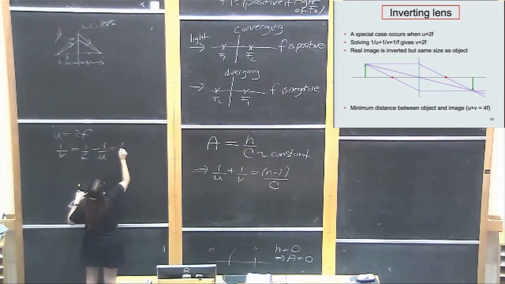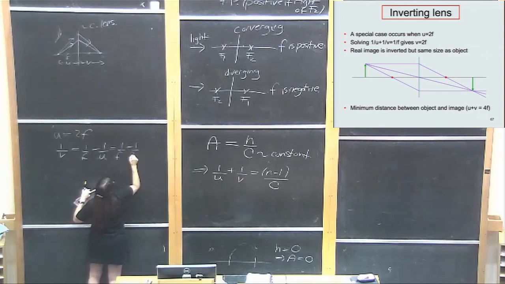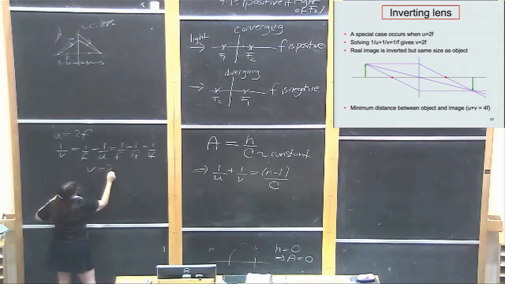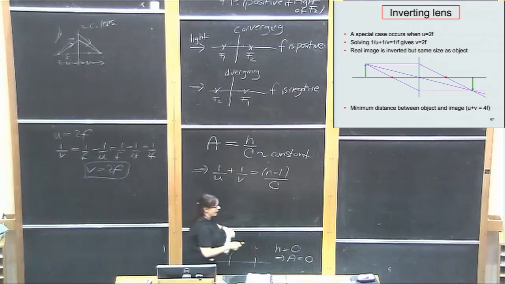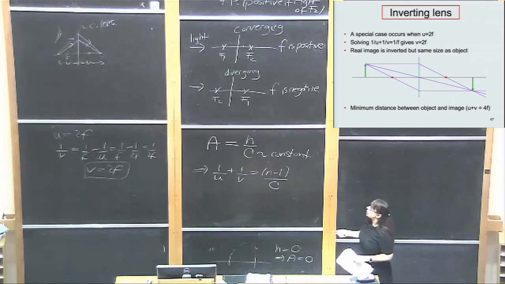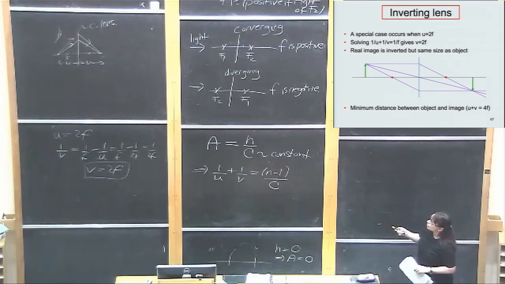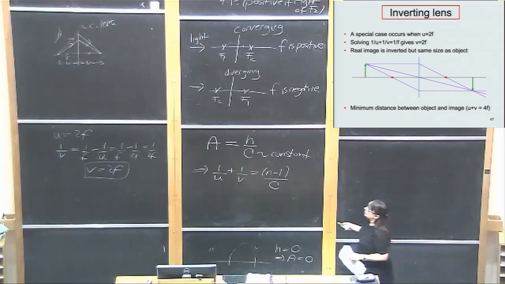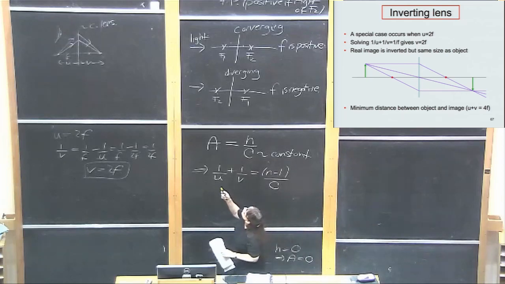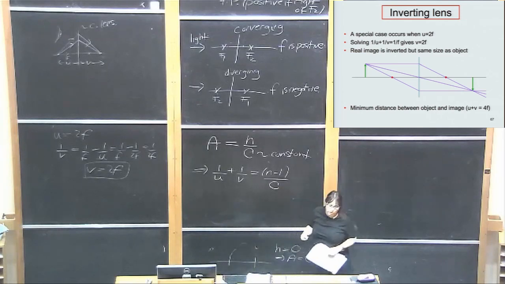So I've got 1 over f minus 1 over 2f, that equals 1 over 2f, and so v equals 2f. So in that case, your image is exactly the same distance away from the lens as your object, on the other side of course, but just inverted. So you've not scaled anything. Your scaling factor is just 1. So you've got exactly the same image size as object size,